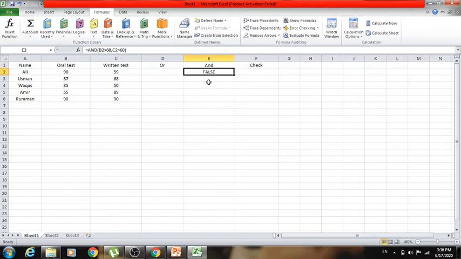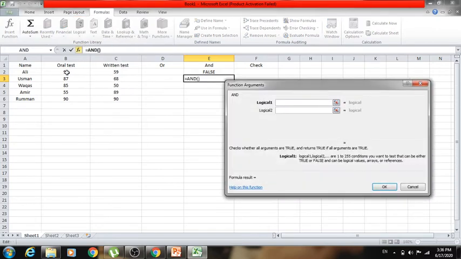Now let's go back for the second one. Let's check the condition of Usman. The first one is B3 must be greater than 60, and the second logical function, it must be greater than 60.